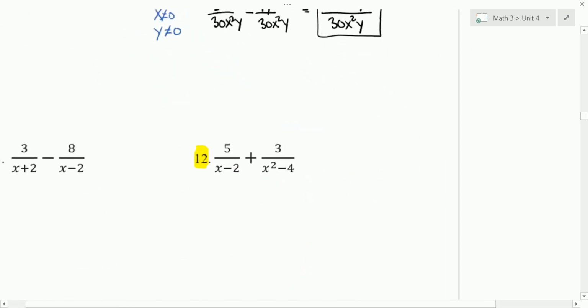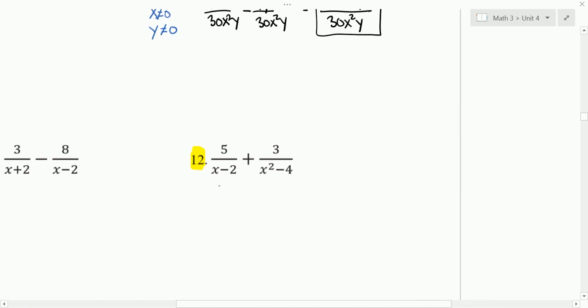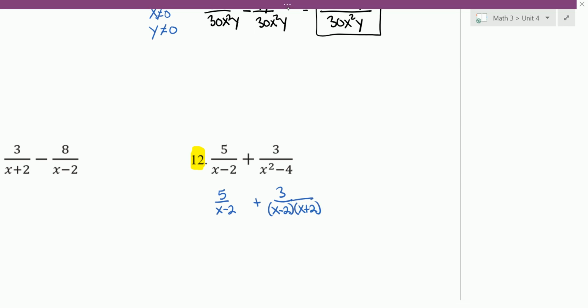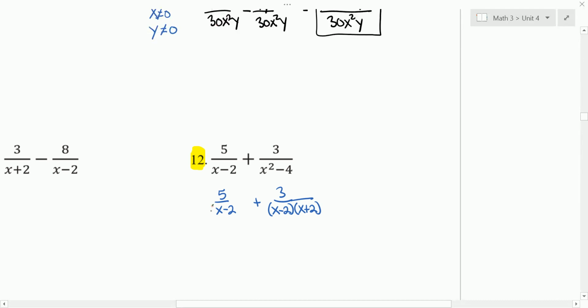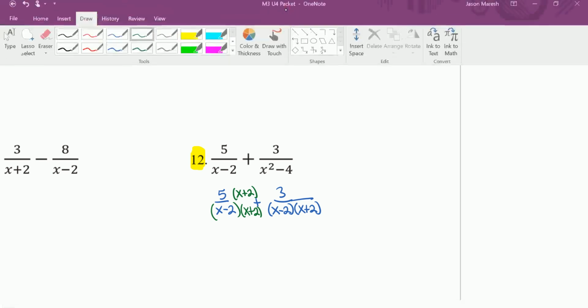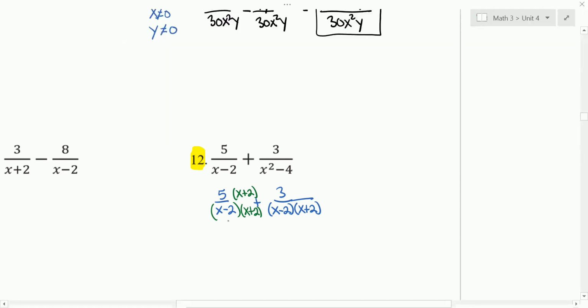Moving on to number 12. We have 5 over x minus 2 plus 3 over, I'm going to factor this denominator to x minus 2 times x plus 2. And we can see that the left side is missing a factor of x plus 2 because we need a common denominator. So I'm going to multiply by x plus 2 in the numerator and denominator of the first fraction. So we end up with a common denominator, 5 times x plus 2